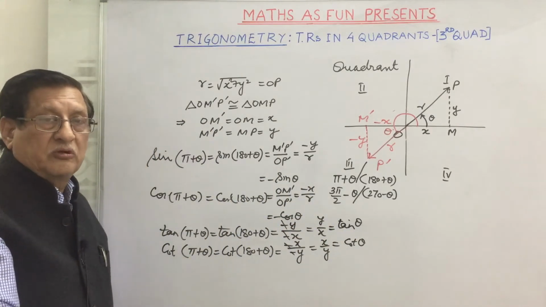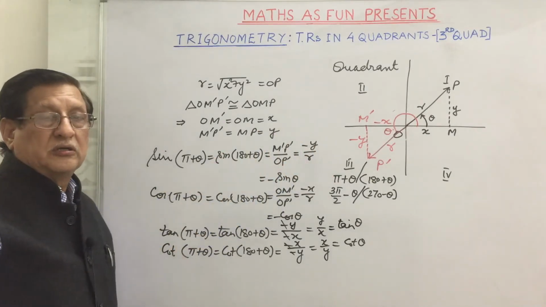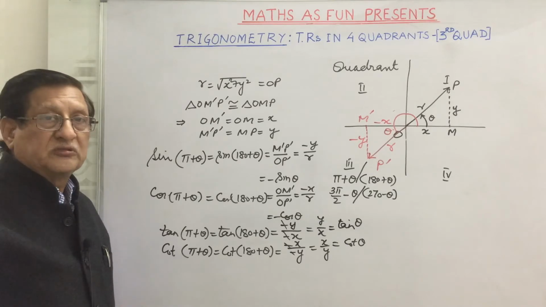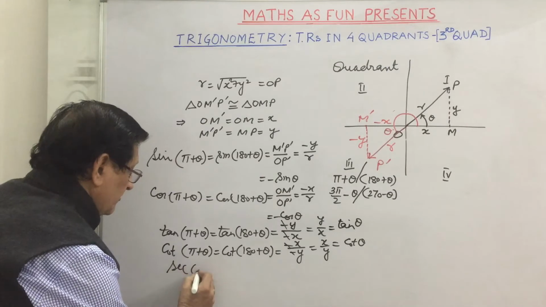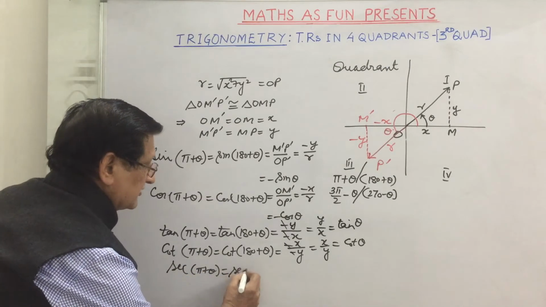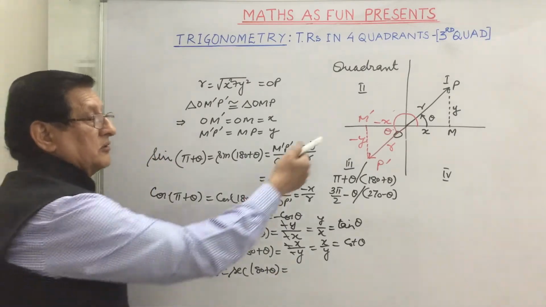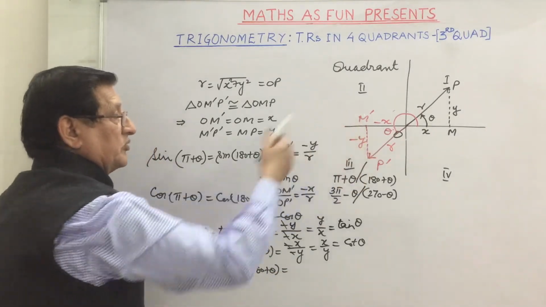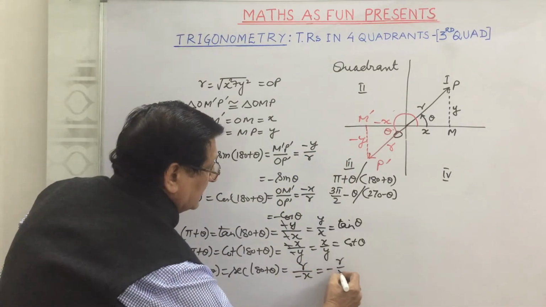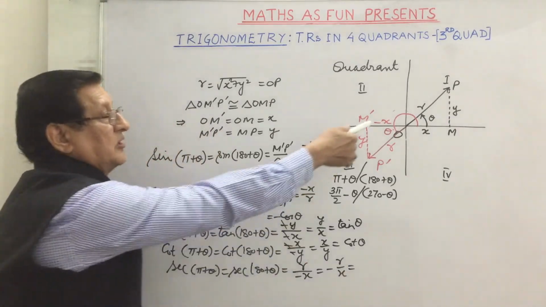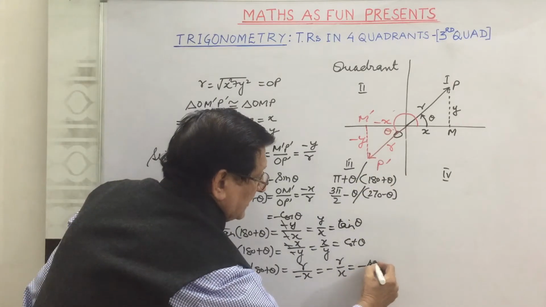And from the ASTC rule also we find that tan theta and cot theta for the angles theta in the third quadrant are positive. Rest all are negative. And so on, we will find sec of pi plus theta, or we can say sec of 180 plus theta. Sec is hypotenuse upon base. That will be here r upon minus x, which we can say minus r upon x. And you see r upon x here is sec theta. So this is minus sec theta.